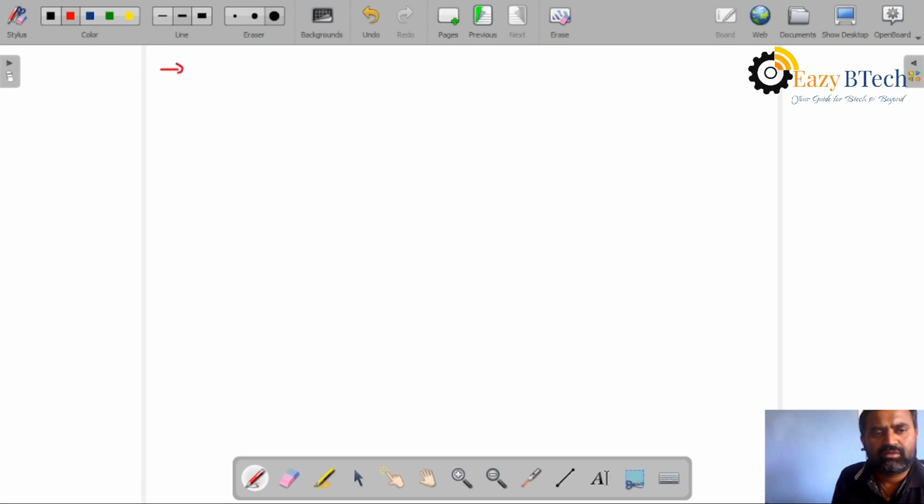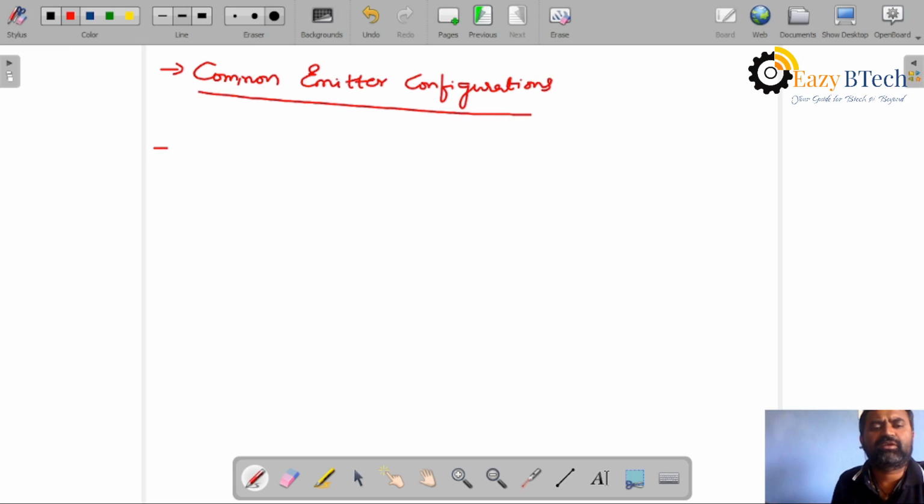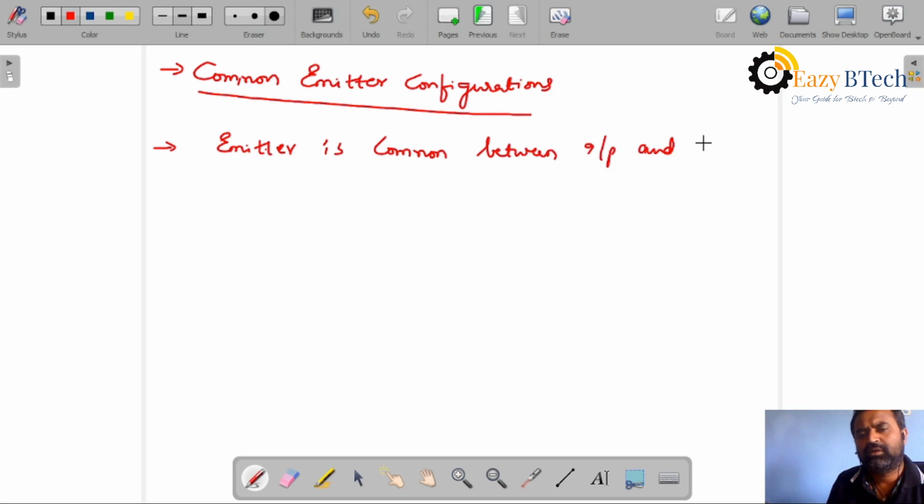Common emitter configuration. In a common emitter configuration, the emitter is common between the input and output terminals. Input and output terminal. It means